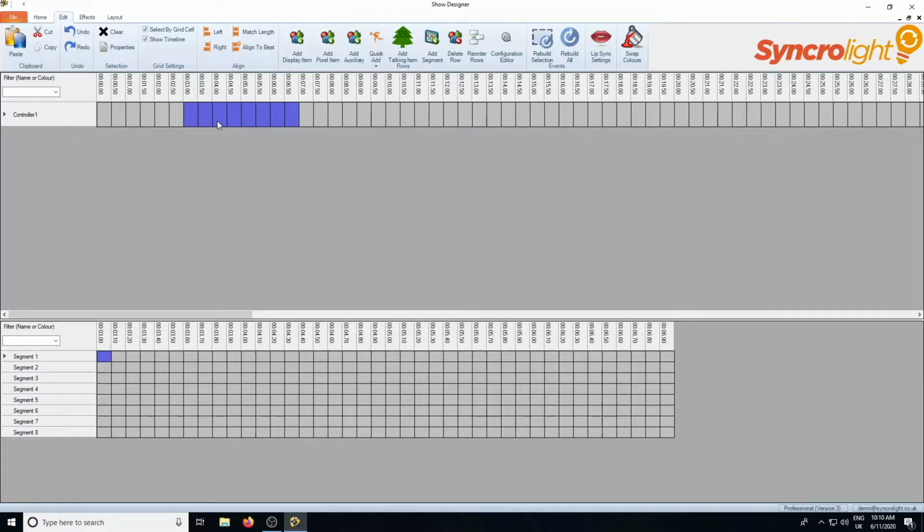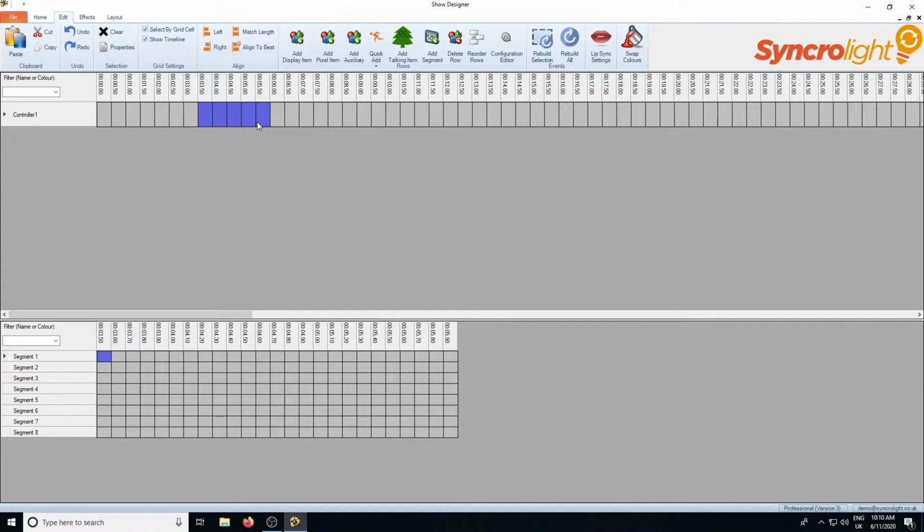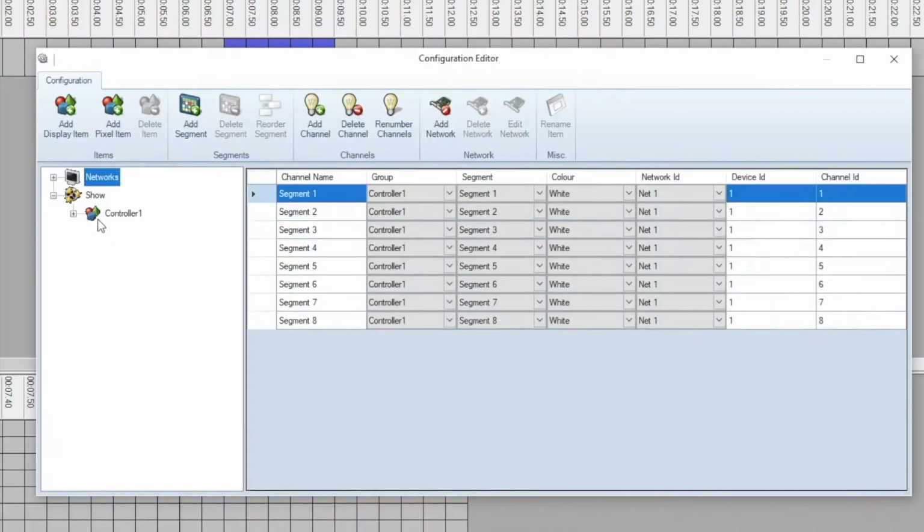It creates the channels with just white, assuming you've just got white lights. Again, it doesn't matter what you've got configured in the Show Designer when you're playing around, but there is the option to create multiple channels for different colours to make it a bit easier when you're designing your show. So you can say turn on all red lights or turn on all yellow lights, whatever you've got. So the way you do that, you can go into the configuration editor